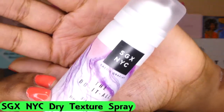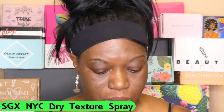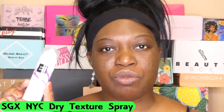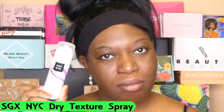So the product that was not in the bag, this is called SGX NYC. And this is the Do-It-All 3-in-1 Dry Texture Spray. It's not even included in the book. Is this like new or something? So it looks like the full size of this runs $6.99. If you want it, go get it. I usually don't go for hair products, so I'll probably put it in a giveaway or give it away to